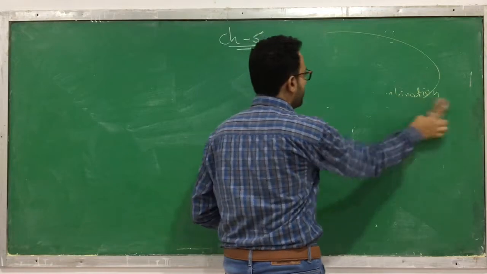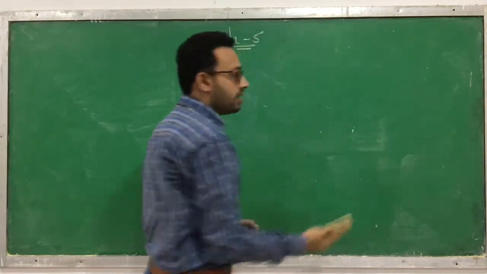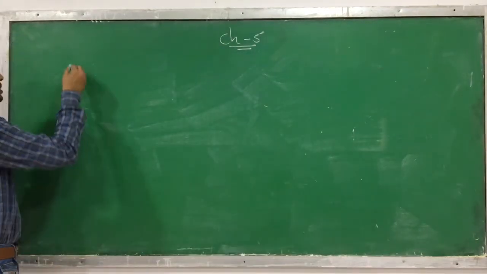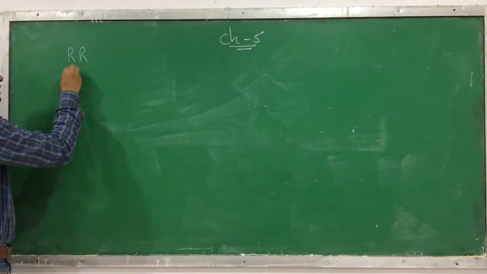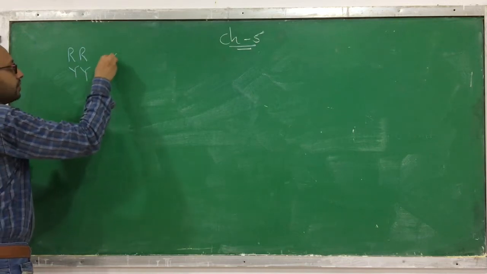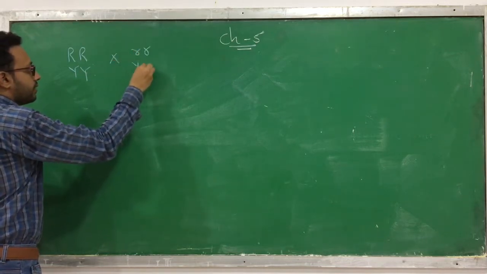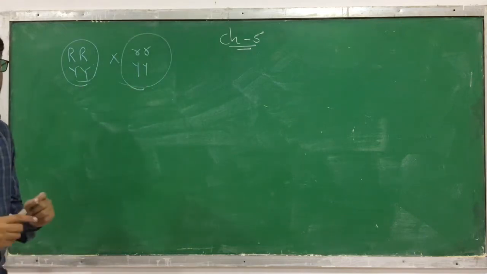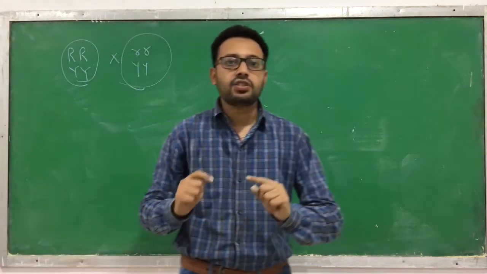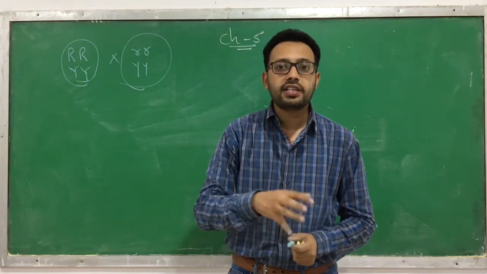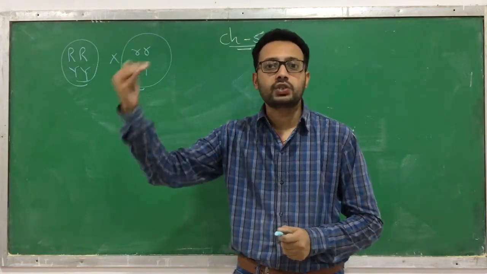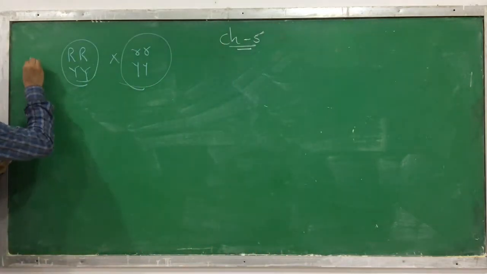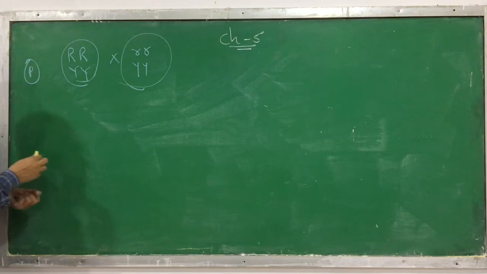We have also performed the test cross in a monohybrid experiment. Now we will do the test cross in a dihybrid experiment. See, this is round and yellow, and this is wrinkled and green. You know that when the F1 generation is self-crossed, you get a ratio of 9:3:3:1 in the F2 generation. But when it is test crossed, what is the ratio that we obtain? Let us see. So this is the parent generation.